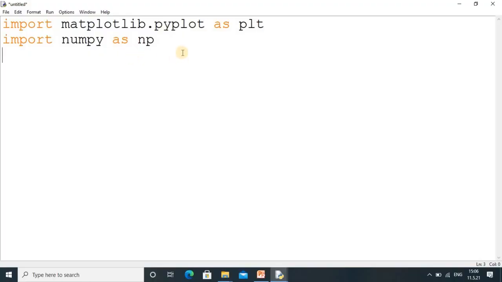Here we are in the Python program, and we have already imported the pyplot submodule and the NumPy library. First we will create the array. My array is X, and I will create some random values because we have to specify the range of values. So we write np.random.choice, and I want to get data from a particular choice of numbers. I will take the values from 1 to 10.